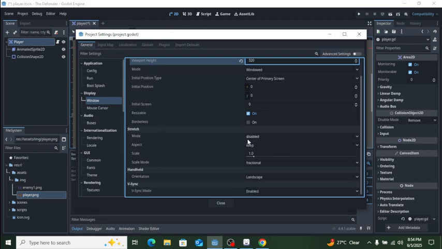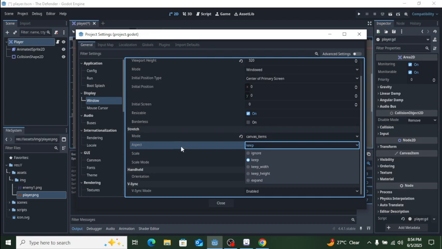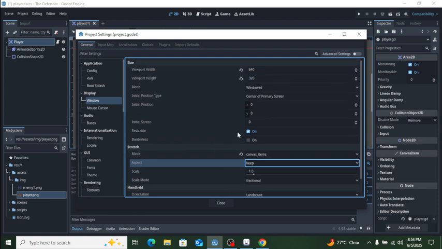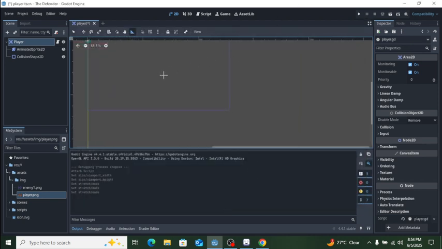And we want the stretch mode to be either canvas item or the viewport. I'll stick with the canvas item. We want this aspect to be keep. So basically that's everything about the project settings over here. So let's close it, and